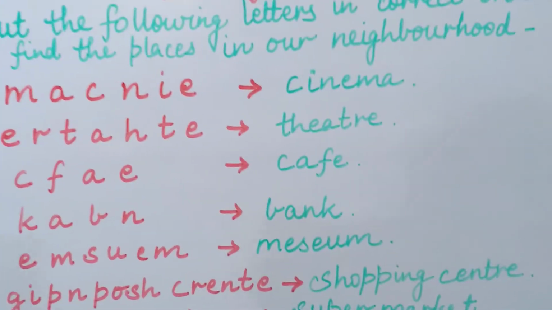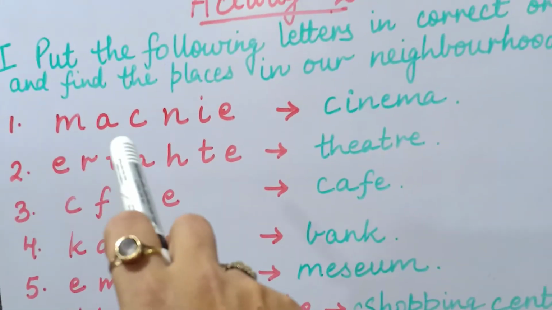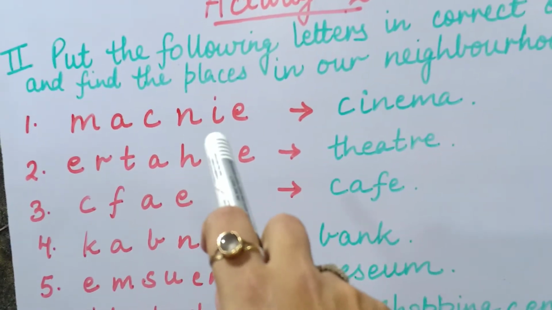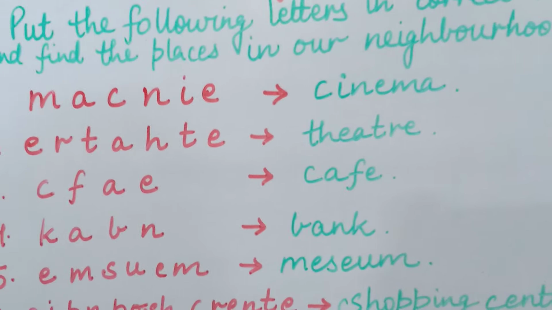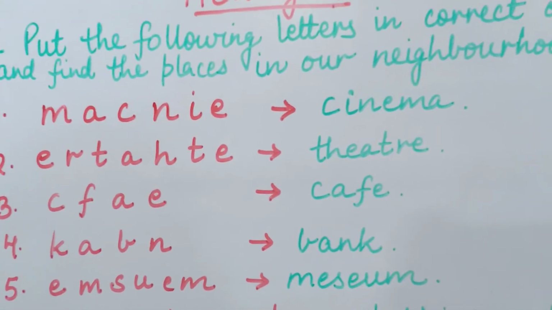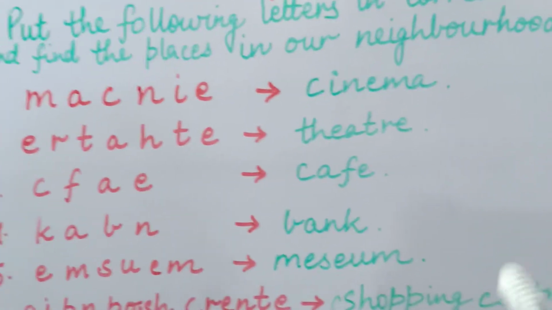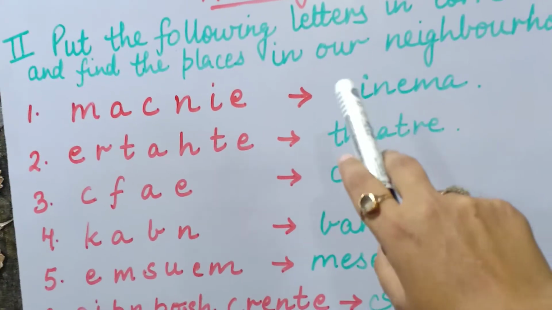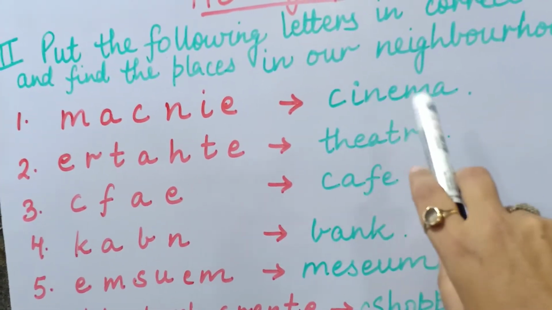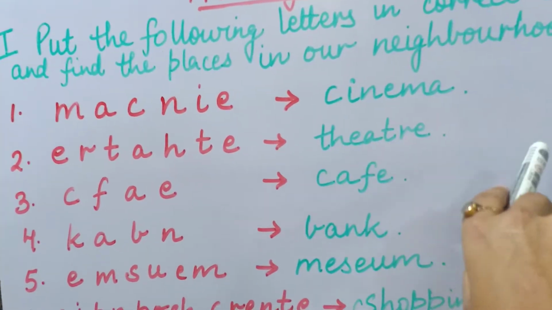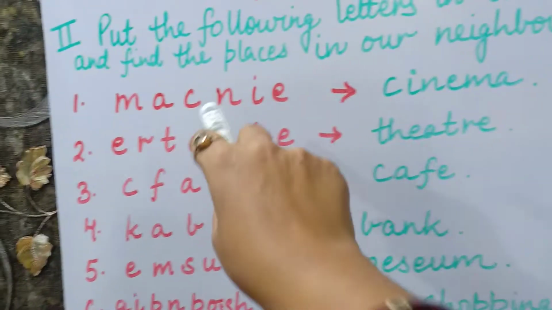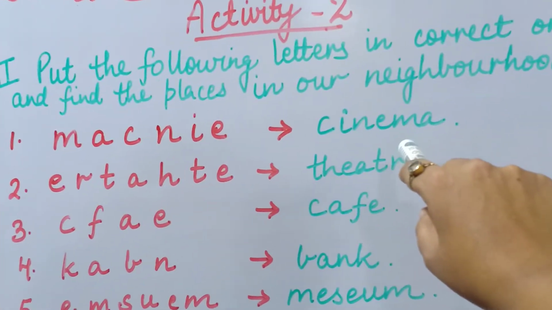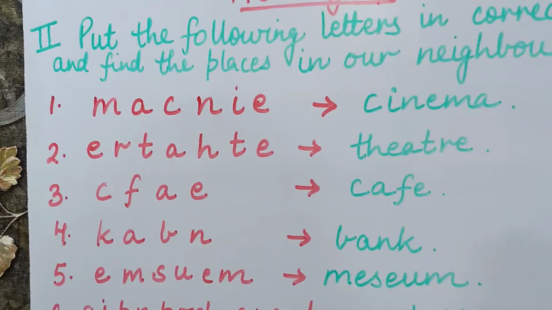So the first one is MACNIE. सो हमारे आसपास, हमारे पड़ोस में क्या चीज़ होता है? सिनेमा हॉल. So the correct answer is CINEMA, सिनेमा हॉल. Okay, so the correct answer for this word is cinema. Now the second is